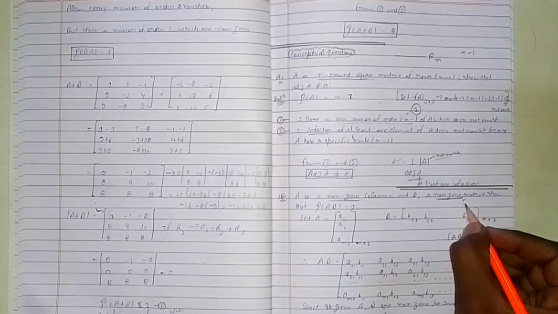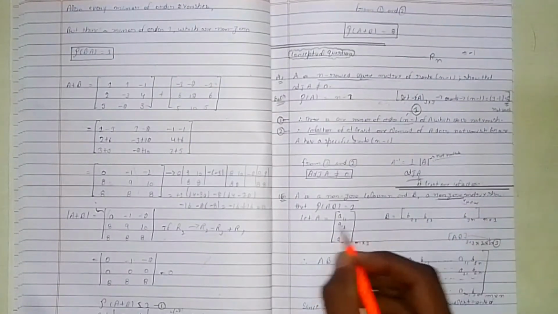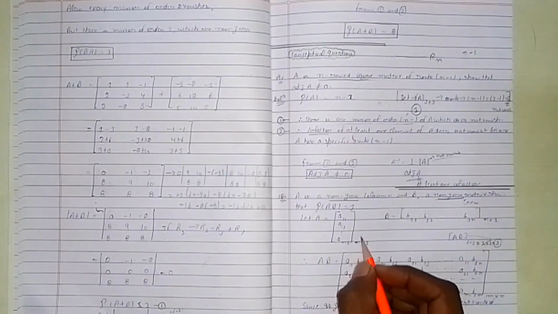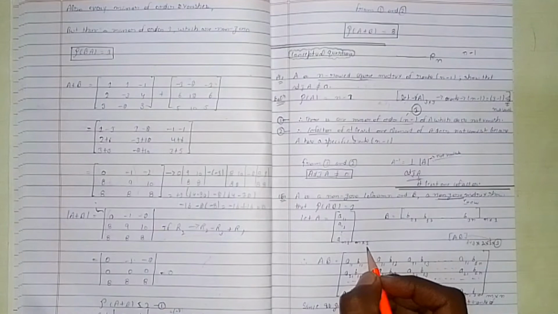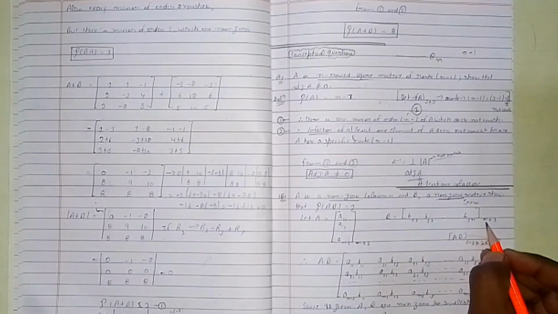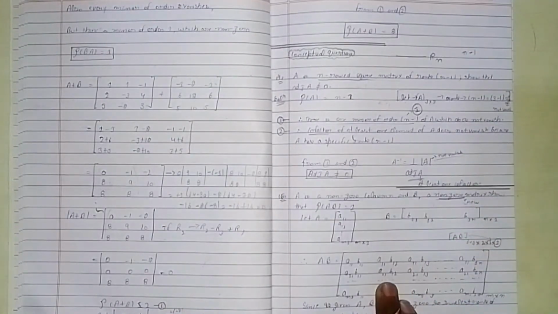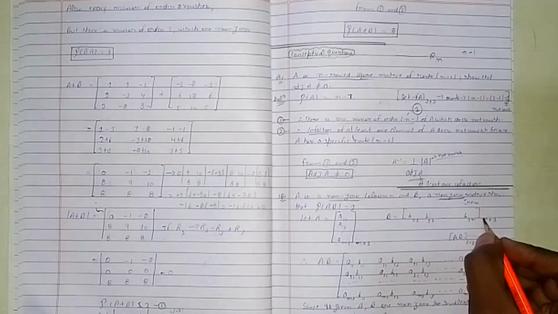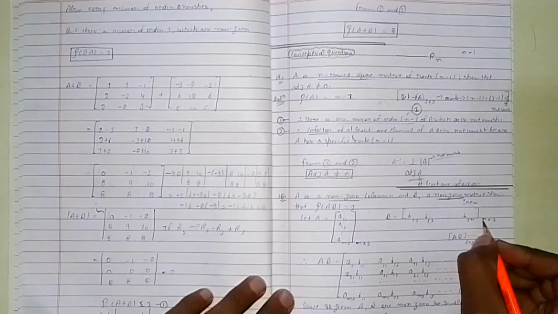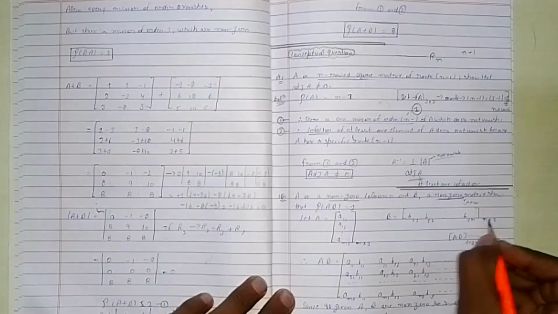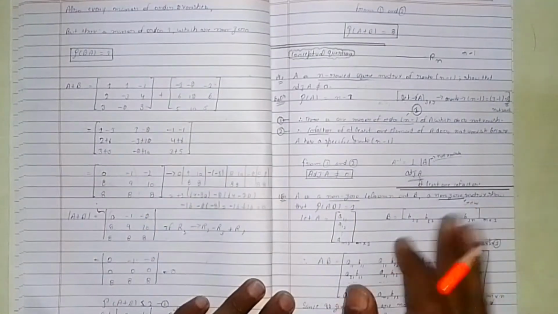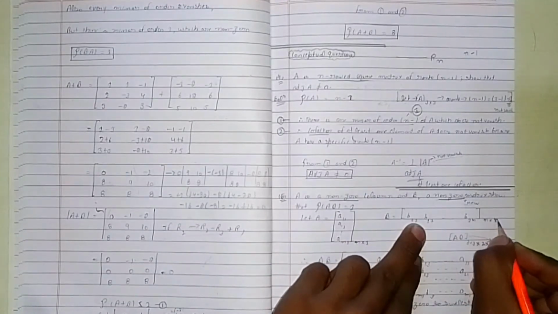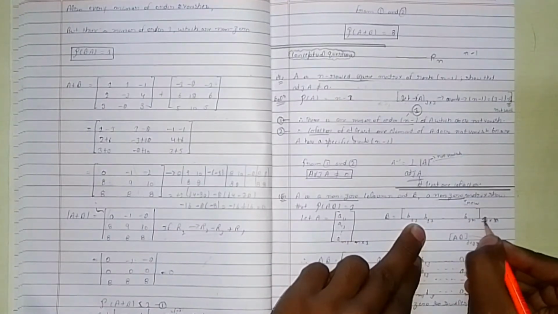Non-zero row matrix here, row matrix. So I write this: A is your column matrix, meaning M rows and one column, and this is N rows and one column. Sorry, here it should have been N rows. Columns are infinite, we don't know how many columns there are, but here is only one row.